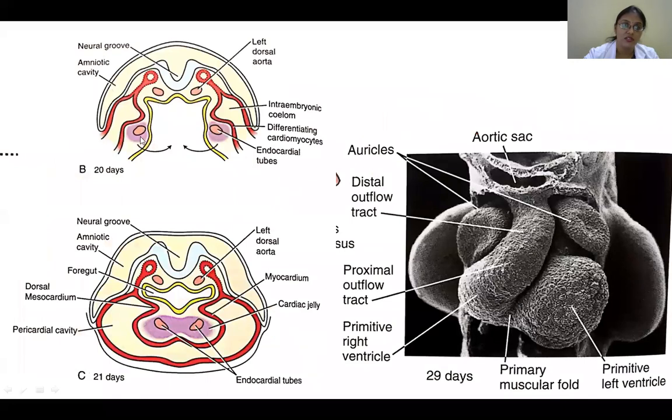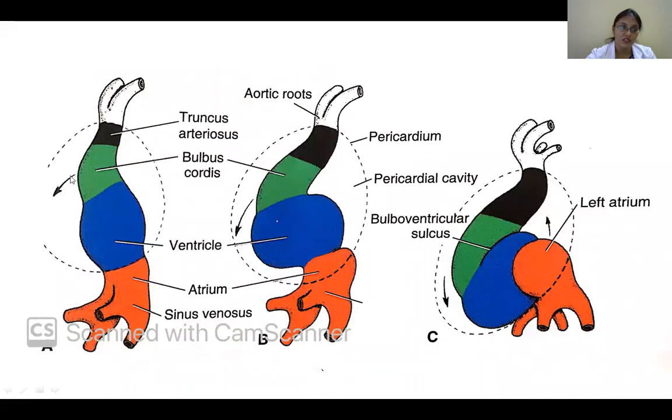Okay, so these are the heart tubes, the endocardial heart tubes. So with this folding, they're coming together here. So this is the foregut and the ventral aspect. So now we have taken a section this way. So this will be forming the heart tube. And here, this is the developing heart tube.